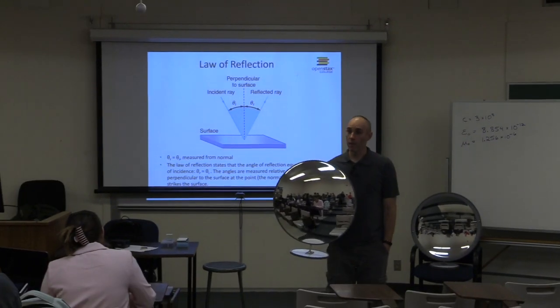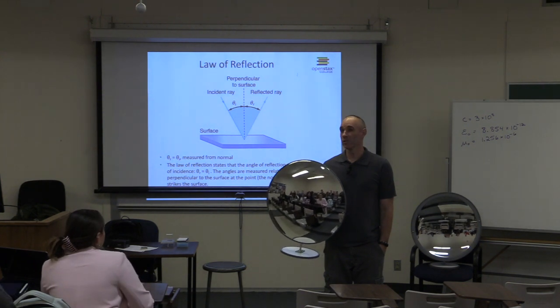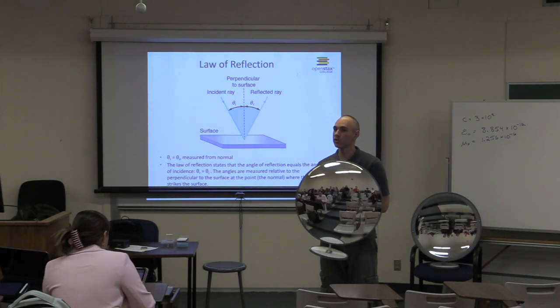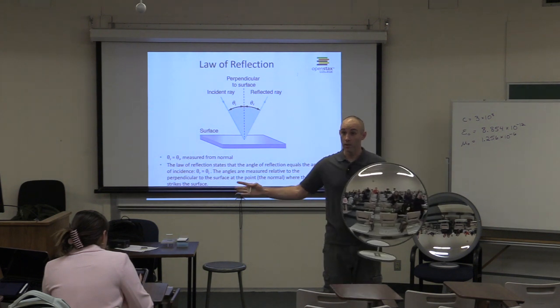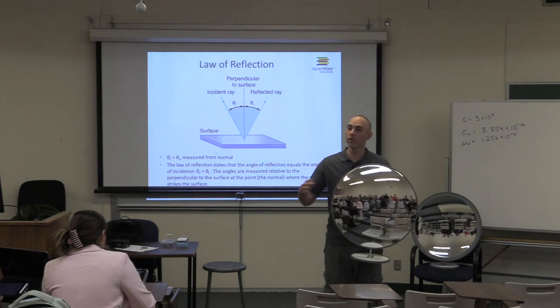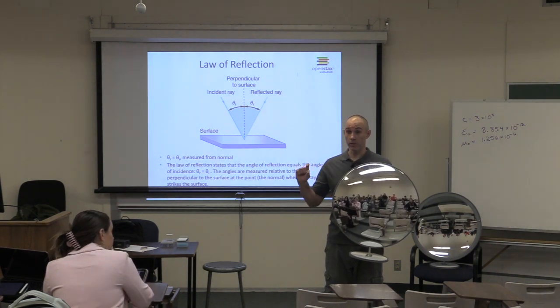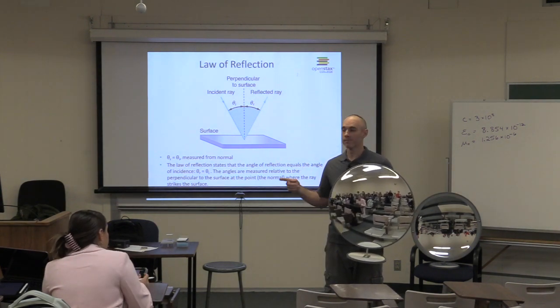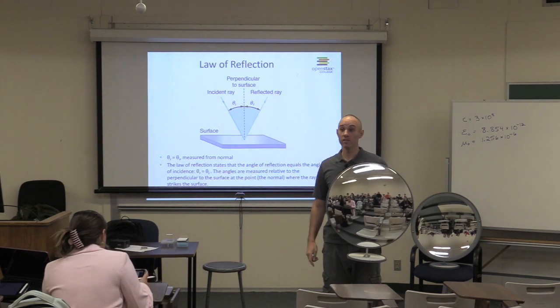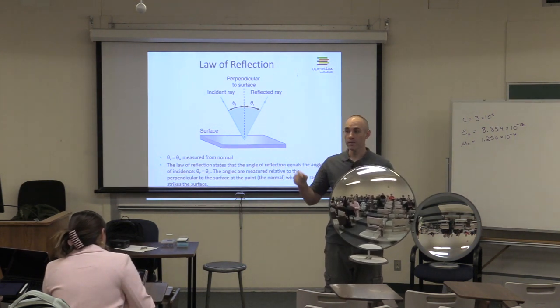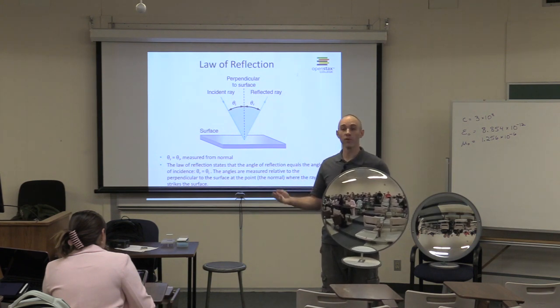This kind of mirror you've probably seen before, like in convenience stores up in the corner. They put it up there because the amount of space you can see in this mirror is bigger. When you look in this, you can see more of the room. But the stuff you see in the mirror is smaller. I'm going to draw some diagrams like this and show you why that is. But when your brain sees something as smaller, it interprets it automatically as farther away.